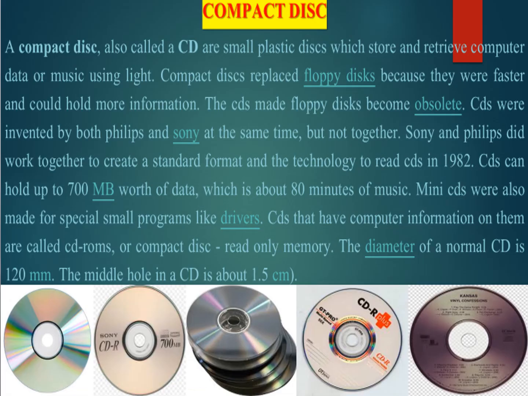Compact disk. A compact disk, also called a CD, is a small plastic disk which stores and retrieves computer data or music using light. Compact disks replaced floppy disks because they were faster and could hold more information. The CDs made floppy